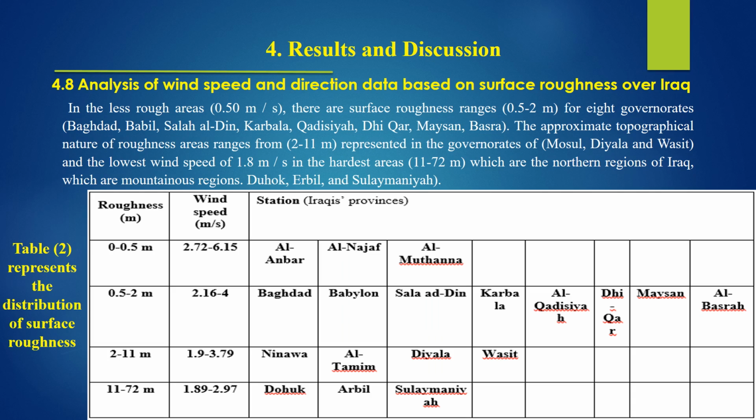We can divide the Iraq region into 4 surface roughness zones, from 0 up to this stage, Al-Anbar and Najaf and